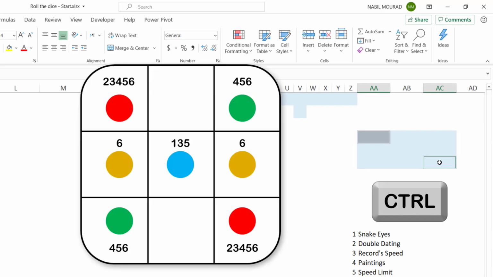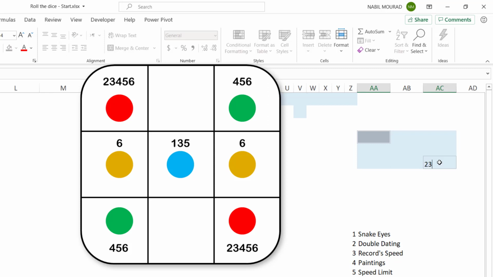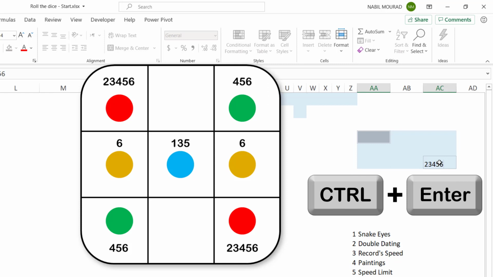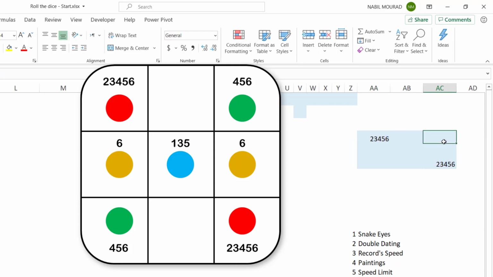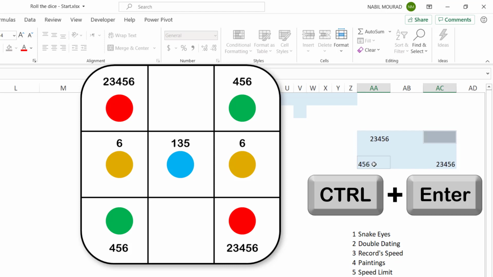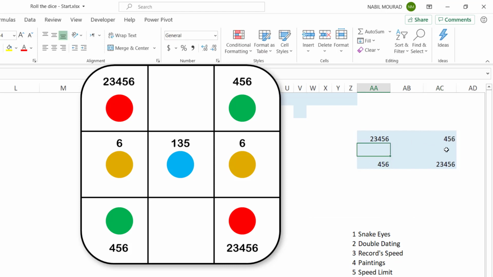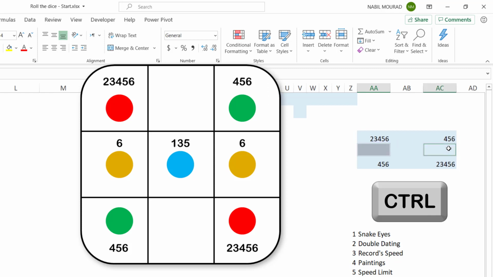And the numbers that can trigger a circle in these positions are number 2, 3, 4, 5, 6. I hit Ctrl Enter, and then I select the upper right and the lower left, and the numbers that can trigger the appearance of a circle in these positions are number 4, 5, 6. I hit Ctrl Enter. I select the middle left and the middle right while pressing Ctrl, and the number that